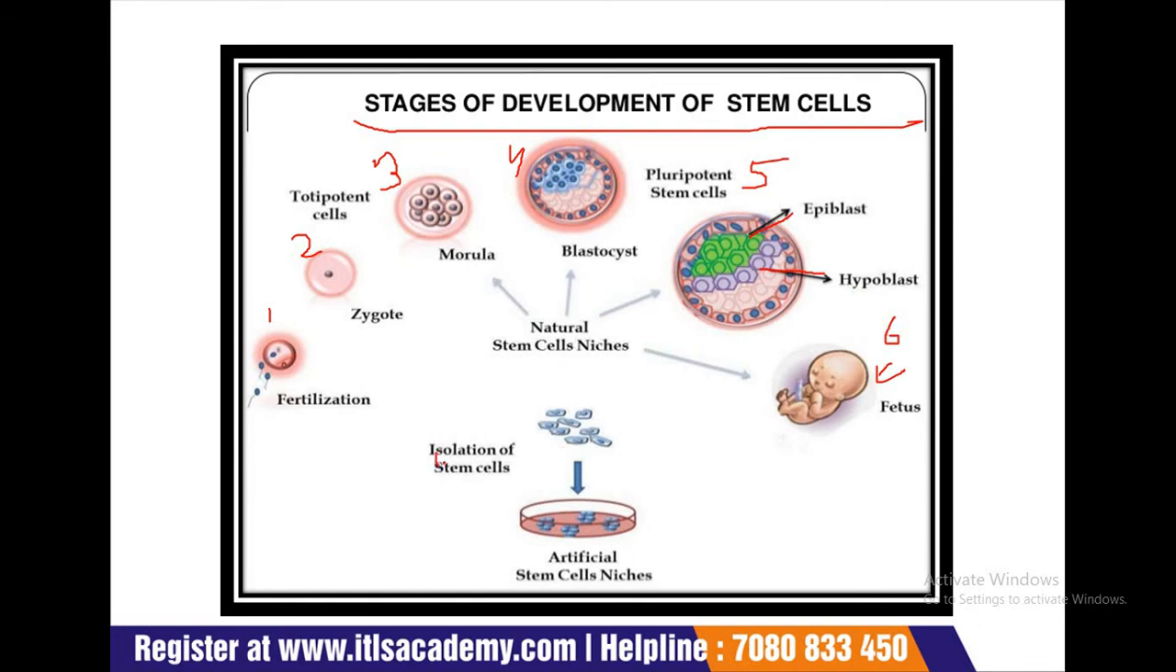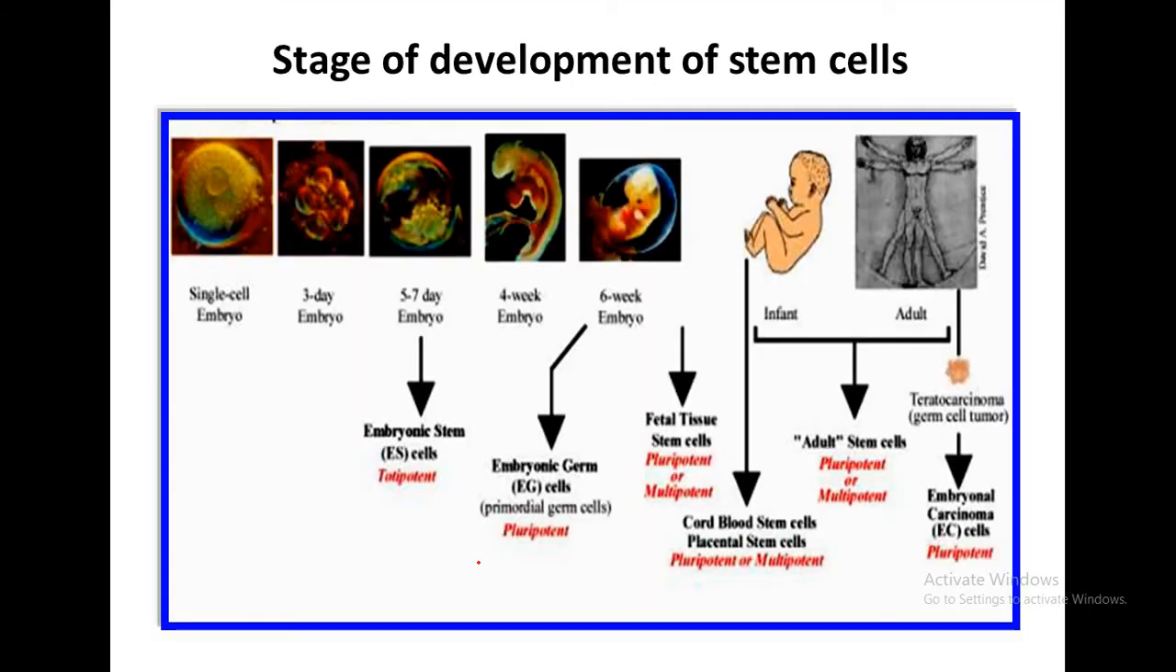Then by this procedure we can isolate the stem cells for artificial stem cell synthesis. In this picture we can also see the different stages of the development of stem cells very clearly. In this first stage you can see a single cell embryo. After 3 days this single cell embryo converts into what again looks like an embryo, but this